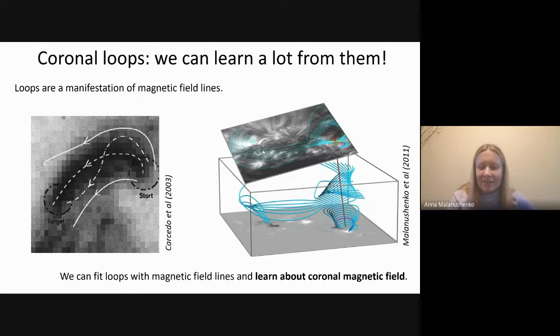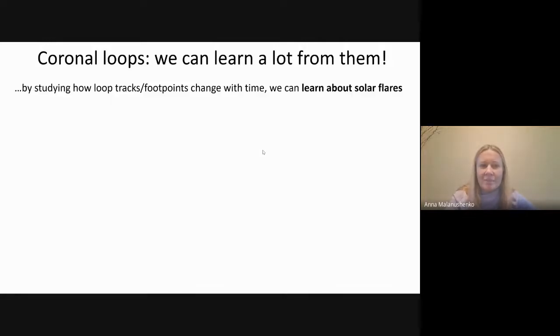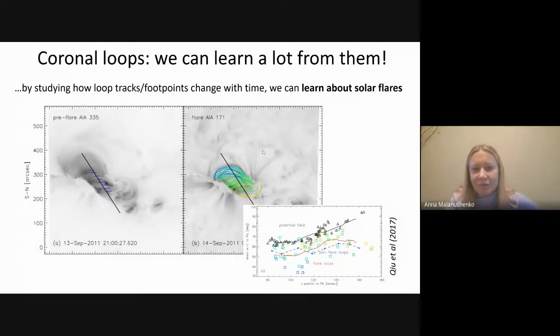From doing comparisons like that, I will just say that we can learn a lot about the coronal magnetic field. And again, this by no means is an extensive literature review, and obviously it's biased to what I personally think is interesting. But there are many other topics. So, for example, we can study how the tracks and footpoints of coronal loops change with time, and from that we can learn about solar flares.